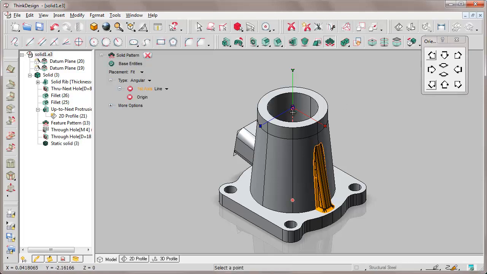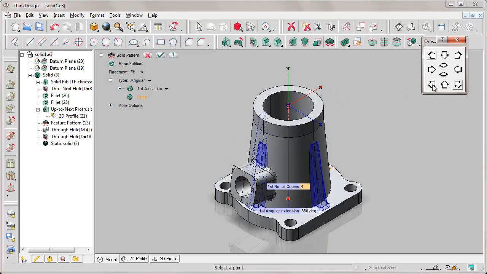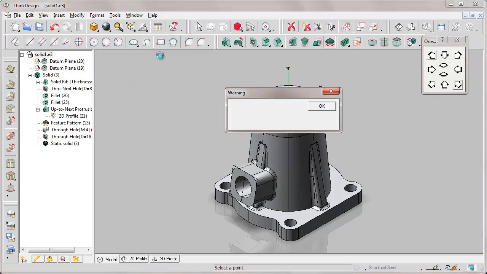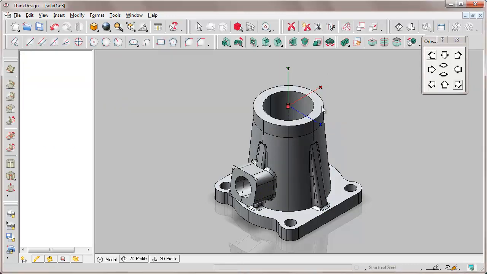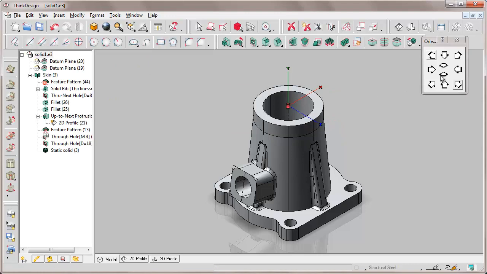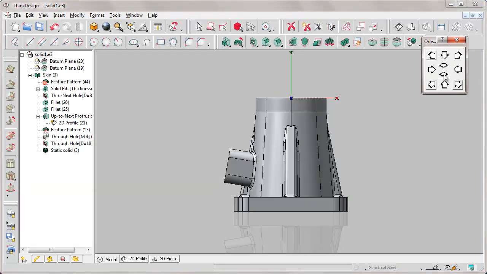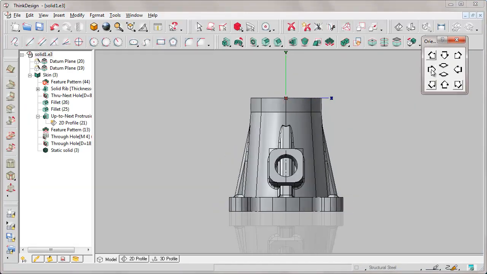And we select the axis around which we make the angular pattern. Values are those previously inserted, so here is the pattern being created, even if the message of Open Solid is displayed. That is, the final result doesn't create a homogeneous solid.